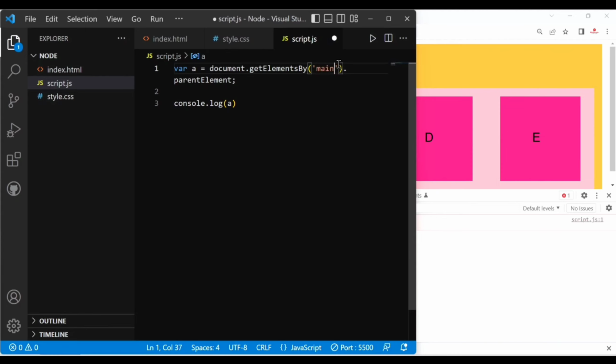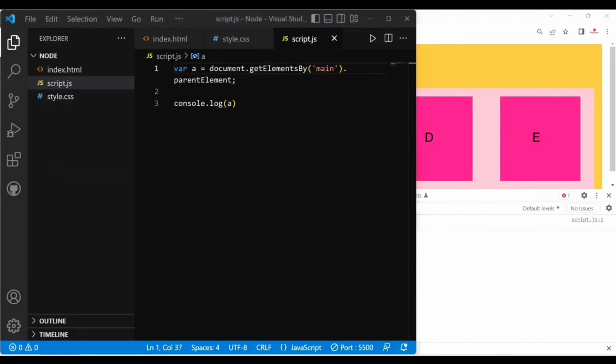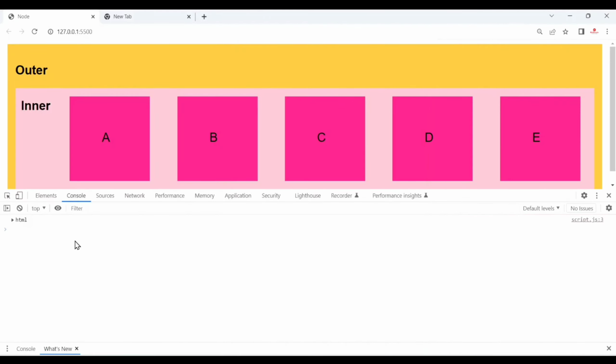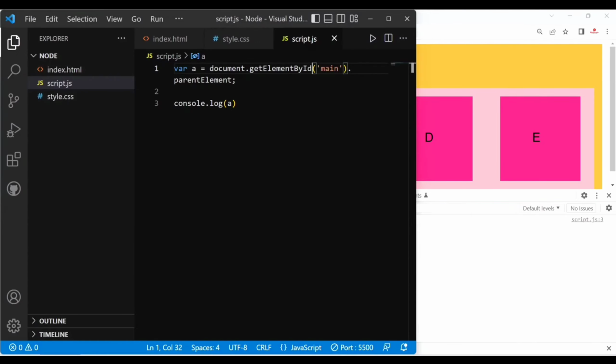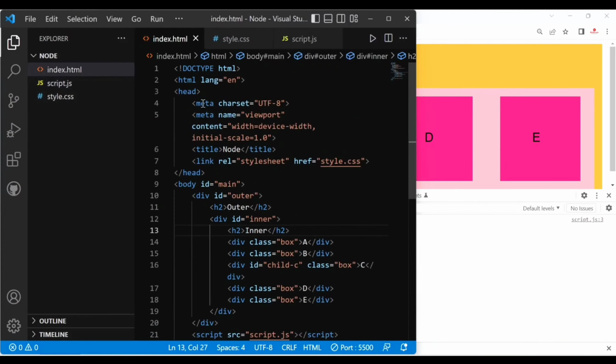Now let's save. You can see we got an error because we use elements here, or we are not defining the id here. Now let's save. The error is gone. You can see the parent of body is HTML. Okay, now if we provide HTML here, I provide an id to HTML, like here I provide an id to our HTML,